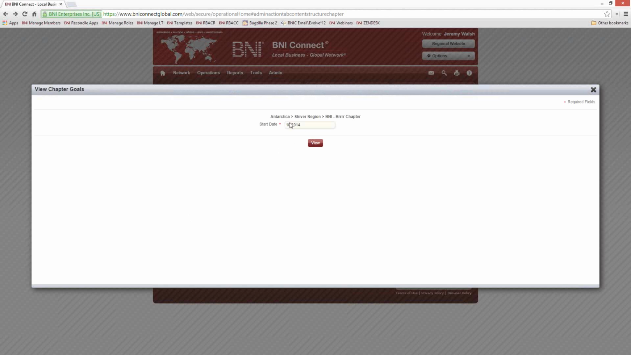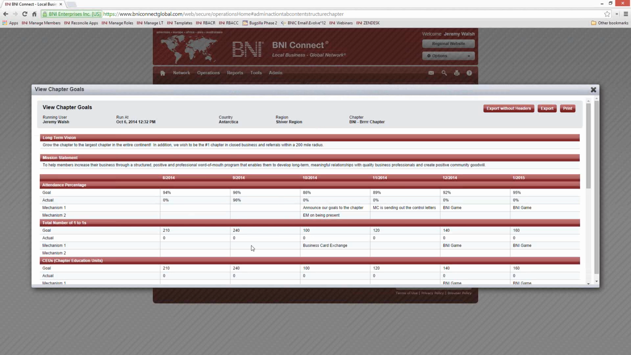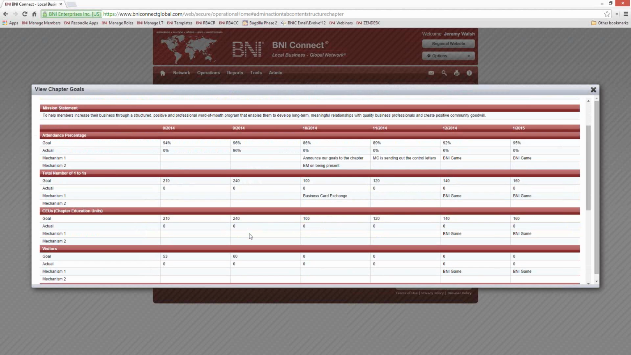Now, again, here you can choose any period you'd like to. By default, it's going to show us the current 6-month period. You can go back further if you want to. It doesn't have to be on a 6-month period. You can choose any start date you'd like to. And what you'll see is that it will start to enter the actual percentages in, the actual results based on